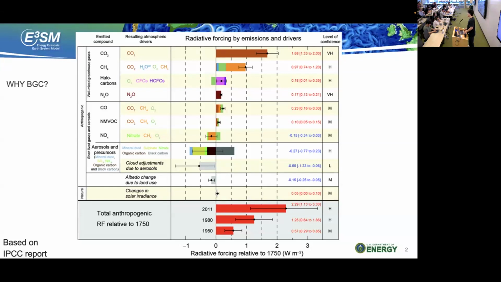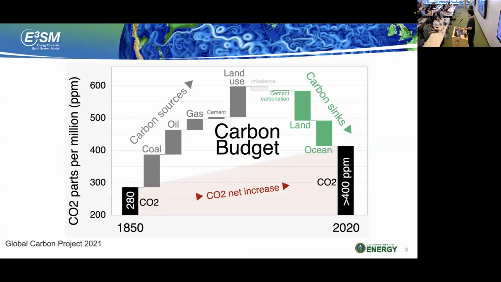And so that's why BGC is important here, because BGC provides source and sink for the CO2. And if we decompose that, we'll get this information: the majority of the CO2, of course, is coming from direct emissions of human activity, but also land use, for example, deforestation. And then the BGC plays a role here as the green bars, you have land and ocean BGC that provide a very important carbon sink.